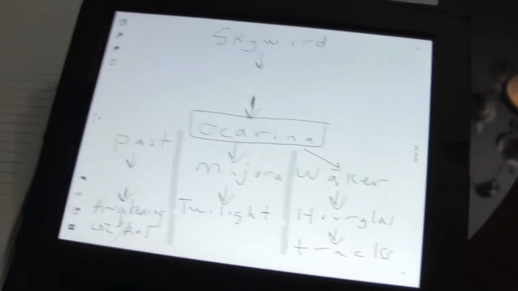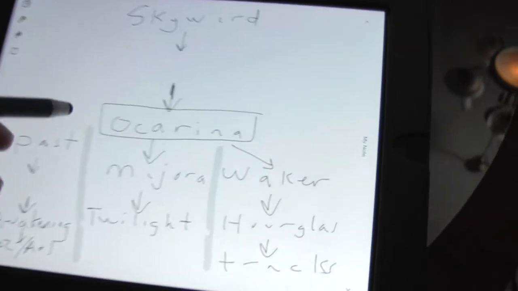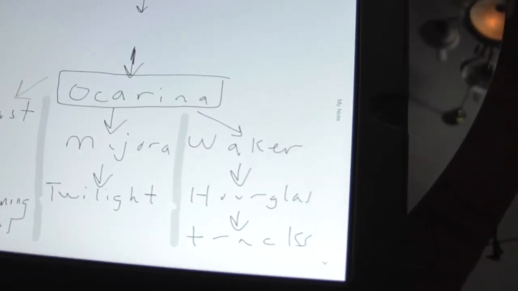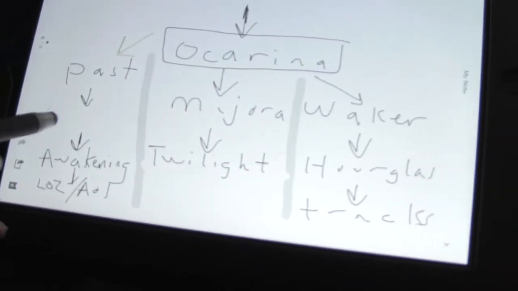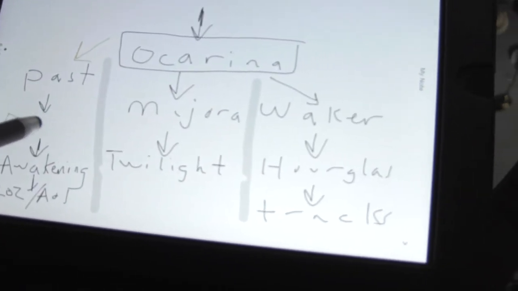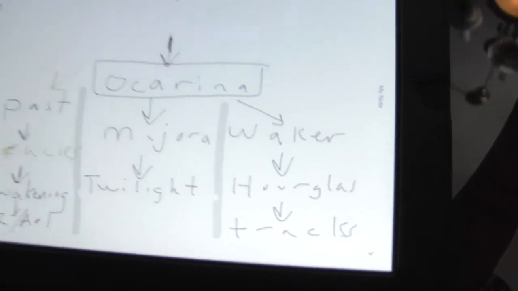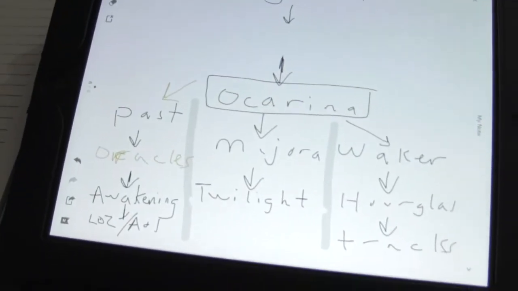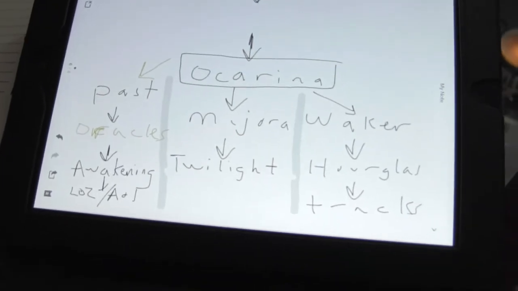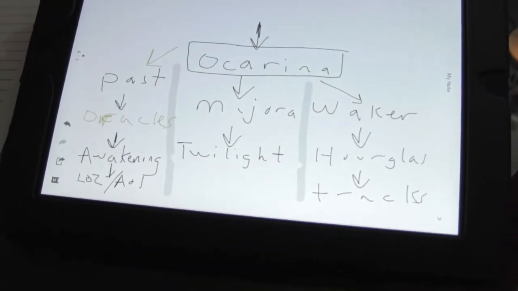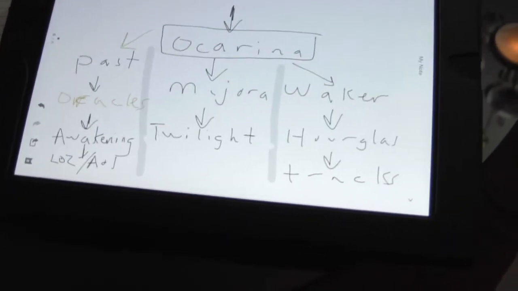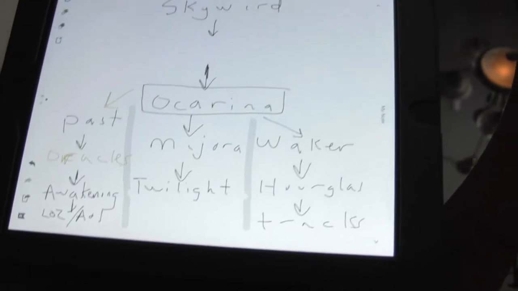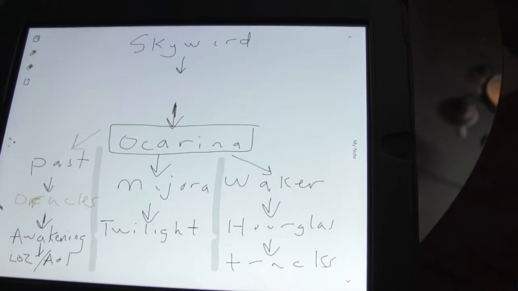First, I'm going to attempt to fill in the blanks here. So, there we go. What I did here is, you guessed it, I attached Ocarina of Time to A Link to the Past, and A Link to the Past is followed by the Oracle games, which is followed by Link's Awakening. So let's go step by step here, and what we're going to do is follow what we did in the last video.